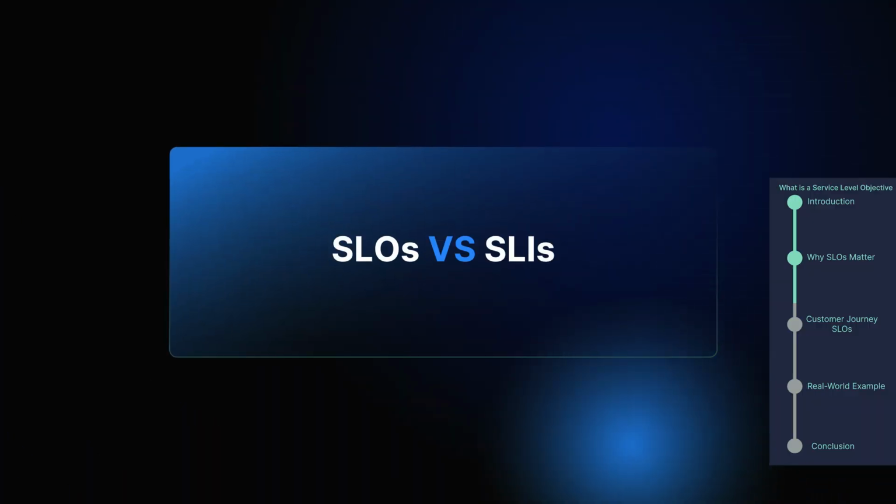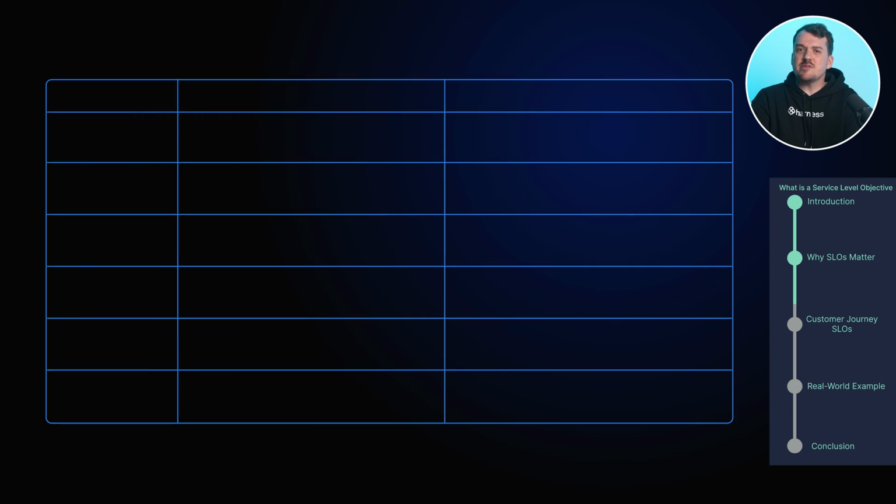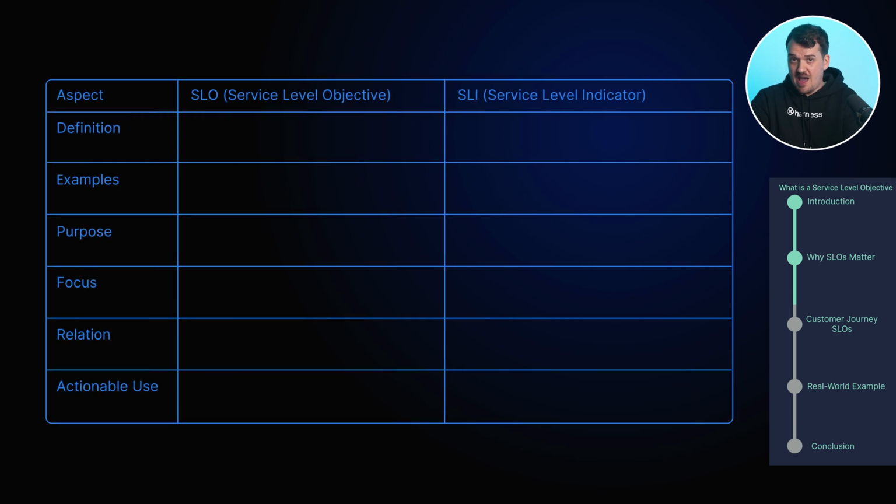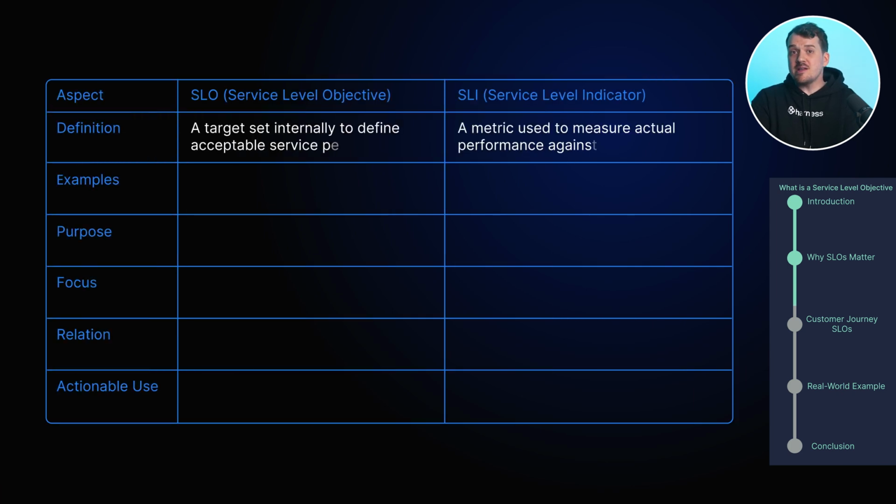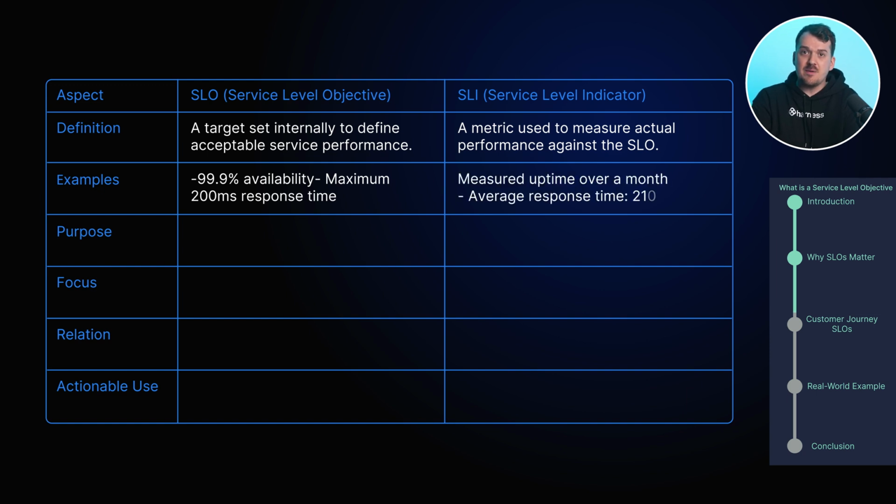SLOs versus SLIs. Now, what about service level indicators, or SLIs? While SLOs set targets, SLIs are the metrics you track to see how your service performs. Think of SLIs as the data points that tell you whether you're meeting your SLOs. For example, if your SLO is to maintain 99.9% availability, your SLI would be the actual measurement of uptime over